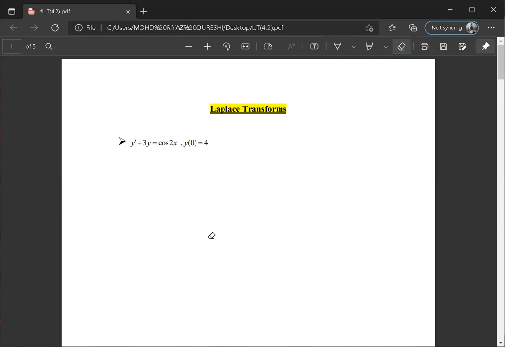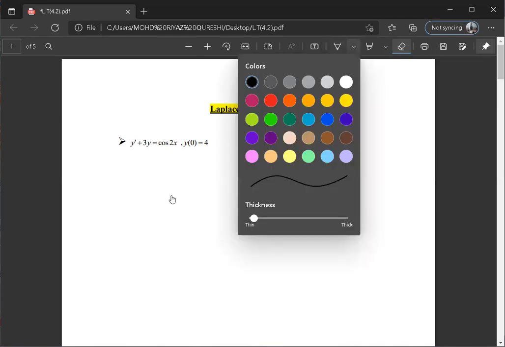We have completed the Laplace transform of derivatives. After that, we are doing the problem based on the Laplace transform today. So this is the first problem. After completing these questions, in this PDF only, I have given you some assignment questions related to this concept. You should do it later on. So let us start the solution of this problem.